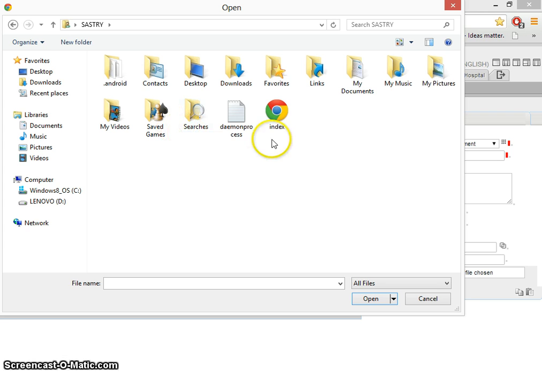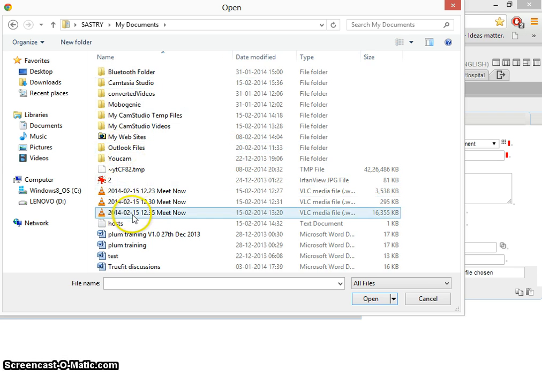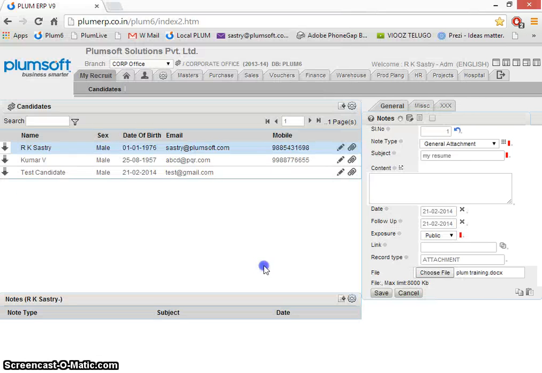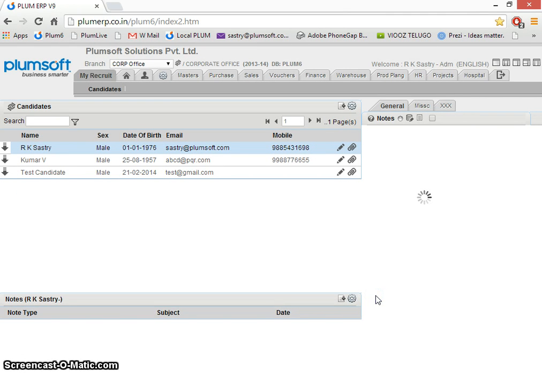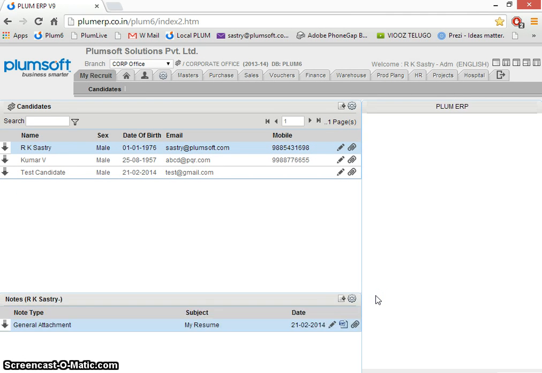I can just take a sample of my documents. So this file we have just uploaded, and you will see it got uploaded and is readily available for preview. So, instantly we have created this feature called attachment.